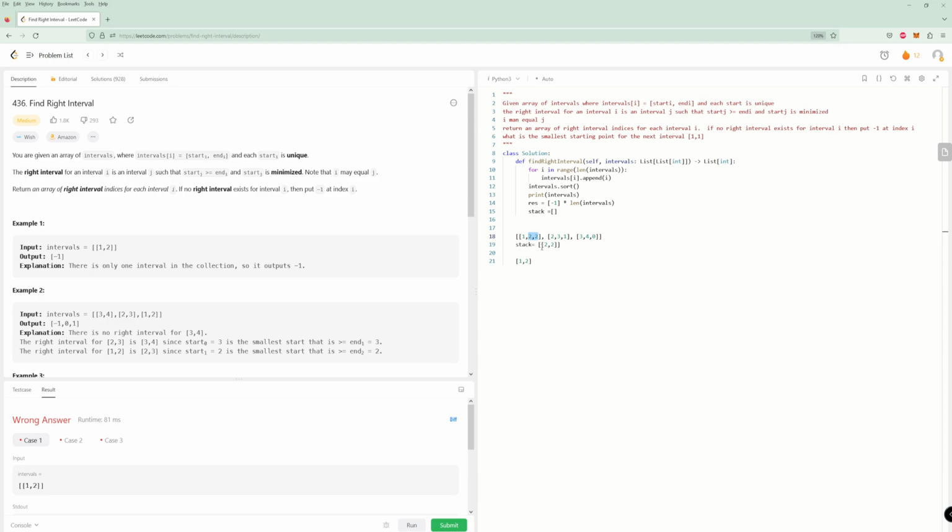Okay. And so now that we have that, let's go through the rest of it. For right now, we have nothing. Now we have this 2, 3, 1. So we're going to do the same thing. And let's just have a res as well, by the way. So res is going to be -1, -1, -1 for now. So we take this 2, 3, 1, and we say, okay, we do have a stack. Now, as long as this value is greater than or equal to whatever is at the end of the stack, which is this,